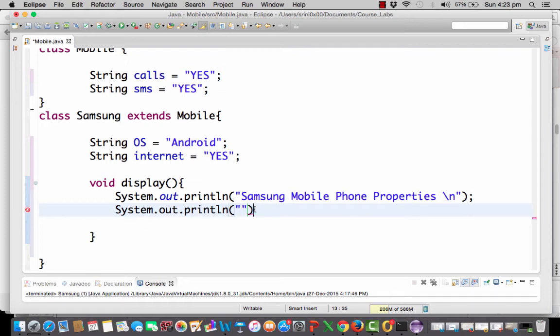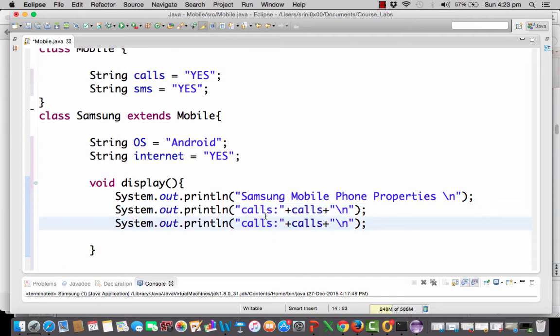Okay, so the first property is making calls. Let's say yes, which is the property coming from the mobile class, and let's say \n so that it goes to the next line, and let's just copy this line, and now let's make it SMS, and let's make it SMS as well. And now